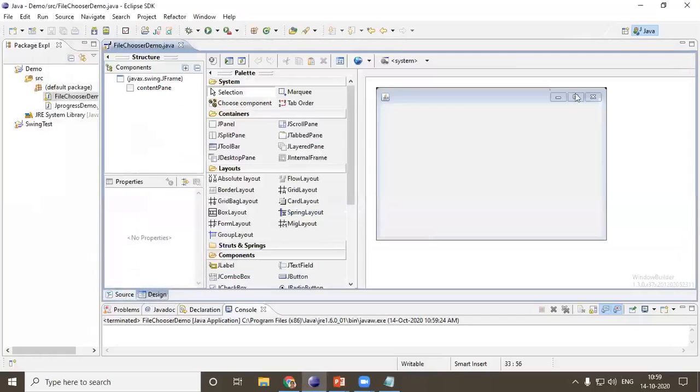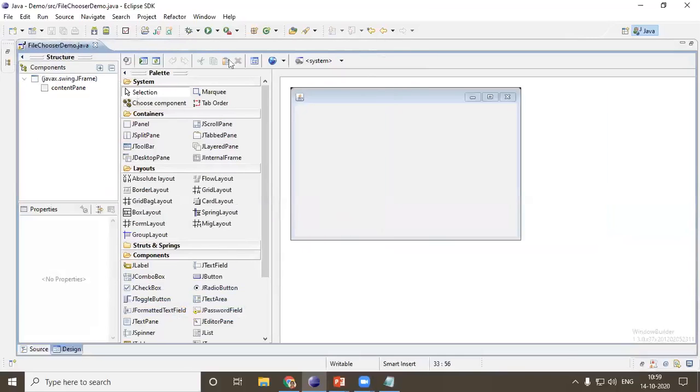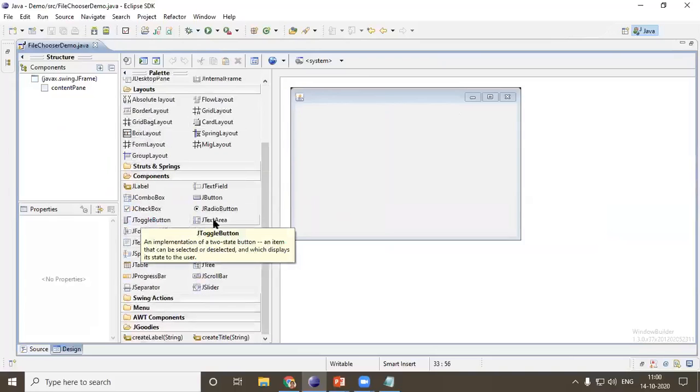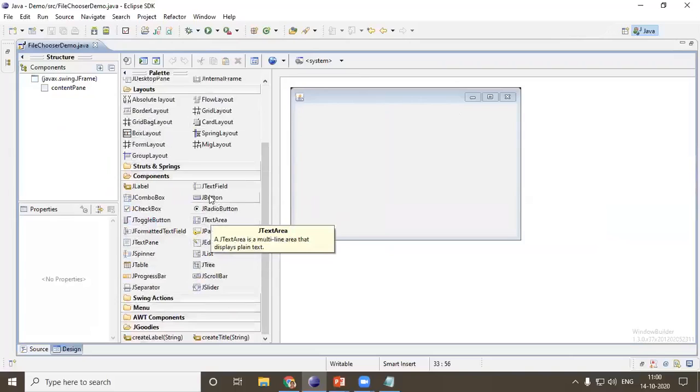Now you just need to write code for your designer part. Just make this bigger. Now you will have something called a palette, a tool palette. You can select whatever things you want on it. Just like you have a button, you do have something called JButton. Look here, everything starts with J, as I told you: JPanel, JSplitPane, JToggleButton, JTextArea, everything starts with J. I'll just have a simple button over here.